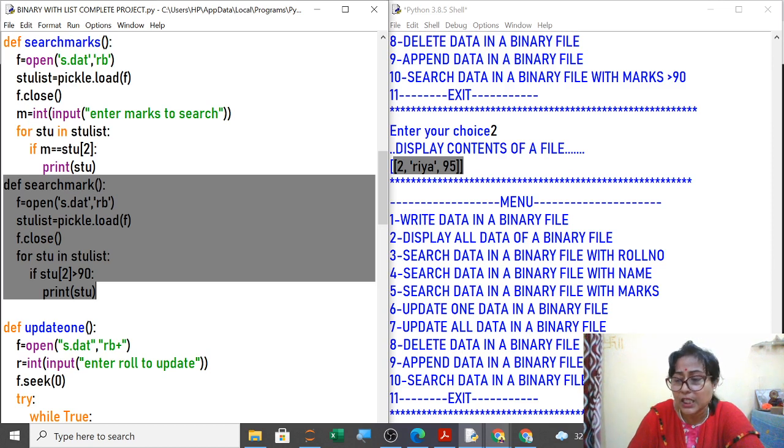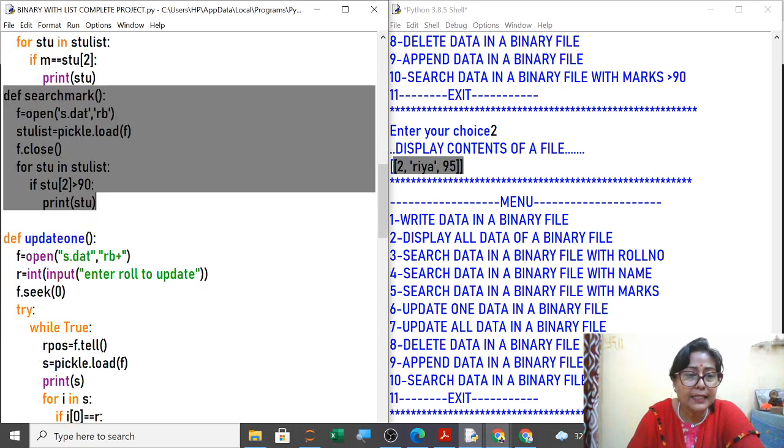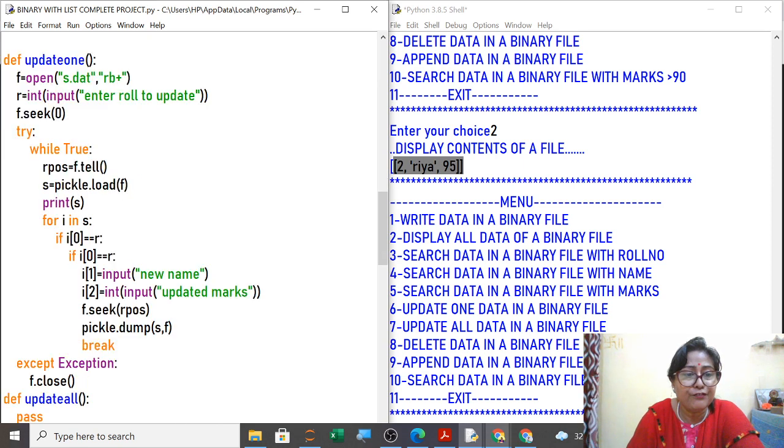I will check the sample paper by CBSE, which answer was given in the sample paper. Today I will share the board sample paper with you also. You just note it down, and which method has been used there, the list method or dictionary method, that also we will check once. Yes, now updating also, you can see this is a different method to update. Now here how it is updated.